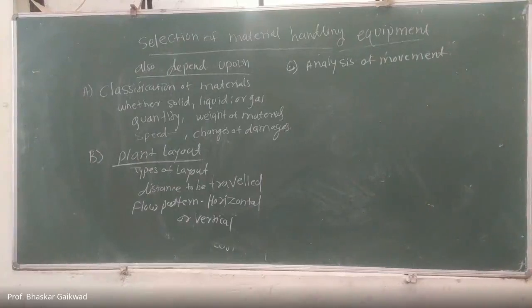So how many movements will be there? Maybe horizontal, vertical, at an angle, or zigzag motions will be there. Or other than this, sometimes it will move and sometimes it will stop. Move, stop. This type of movement also you have to consider. So you can make a list of this: horizontal, vertical, at an angle, zigzag motions, go and stop like this. Make the analysis of the same. Then visualization of move, then bypass.